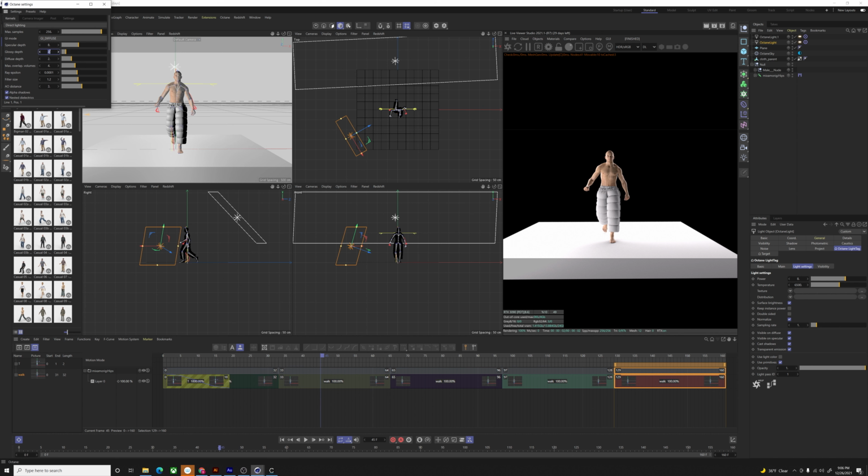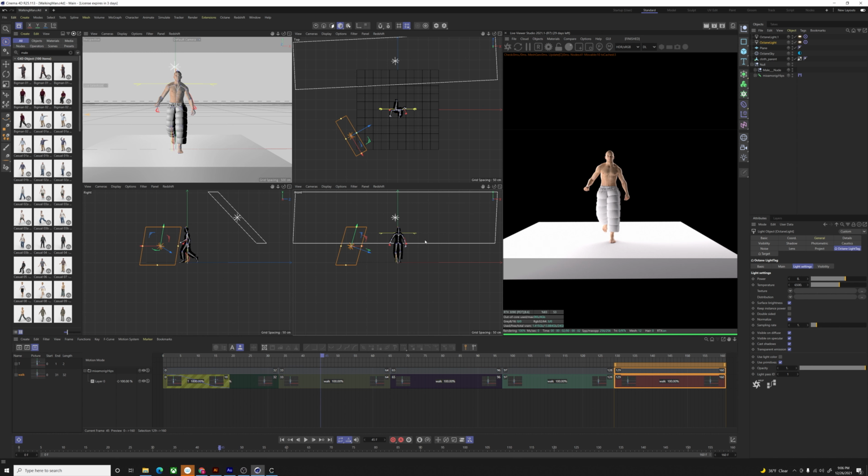Adaptive sampling, sometimes I turn it on, sometimes I turn it off, just up the samples a bit. Adaptive sampling has also caused my Octane to crash, and I would rather just get a stable render than have it crash. So I'm gonna create a new